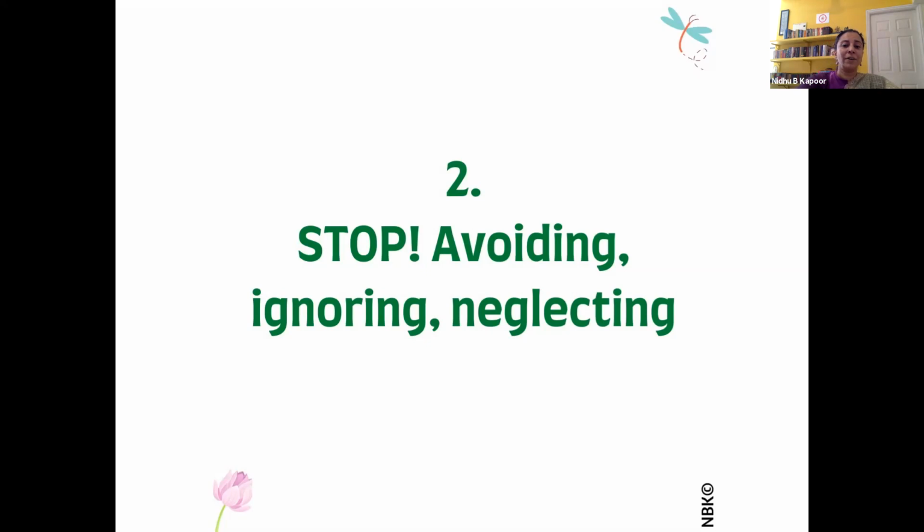And remember, my darlings, everything we're avoiding, ignoring, neglecting will require some amount of physicality. Because it's not like you're avoiding, ignoring, neglecting something in your head, because that is always on, right? It's always lit and legit, whatever is going on with our thoughts. So some physical action is being avoided, ignored, and neglected. What is it? Please make a note of it and start doing it today, or when you're in the group, start doing it in the group, because then you'll have group support as well. And the number one action you have got to stop, my darlings,